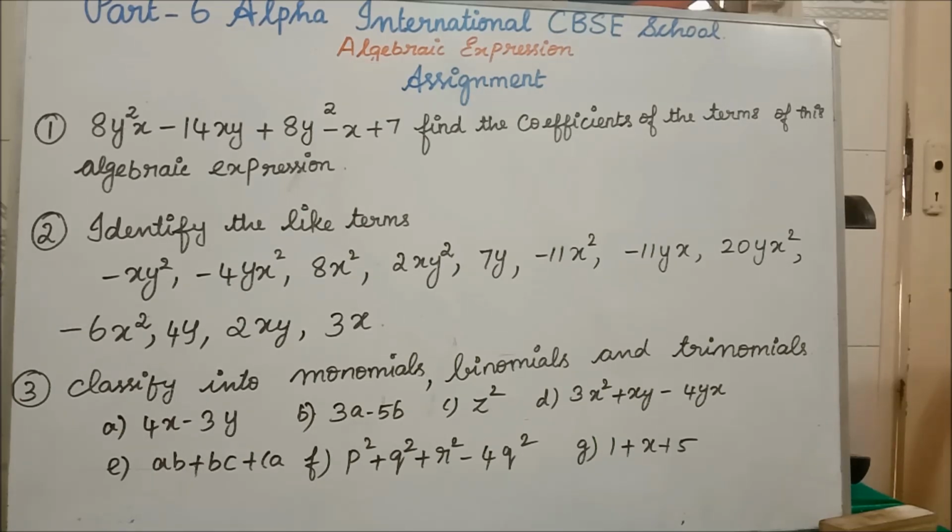Okay, what are the things you have written in your solution? You just strike out in the question. So from the remaining terms you can easily find the like terms. Is it clear to all of you how to find the like terms of the second problem? Yes. Okay. Now the third question is: classify into monomial, binomial and trinomial.